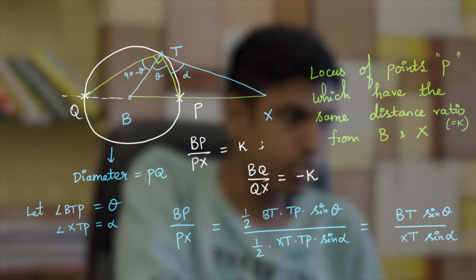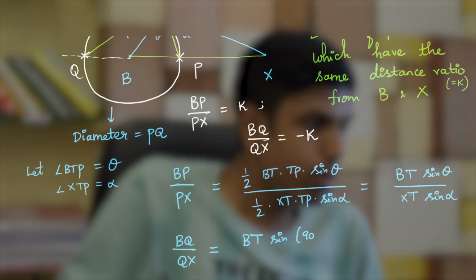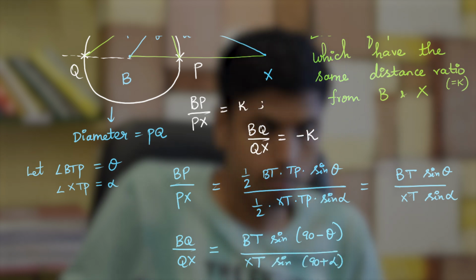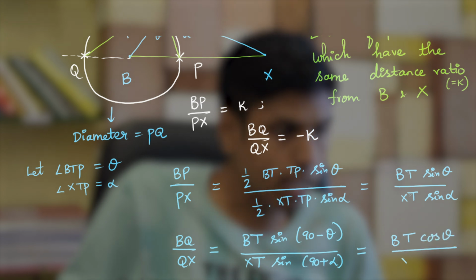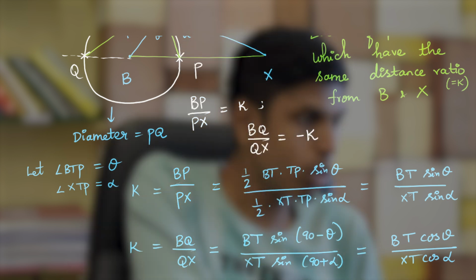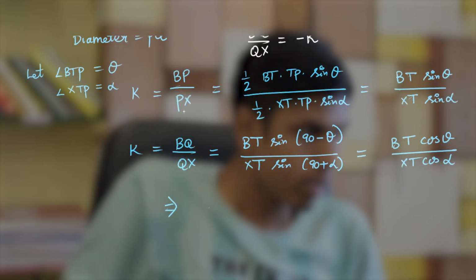Now by a similar procedure, we can see that BQ by QX equals BT sin of 90 minus theta upon XT sin of 90 plus alpha, which equals BT cos theta by XT cos alpha. Notice that both of these ratios equal K, because that's how the points P and Q are defined, and thereby